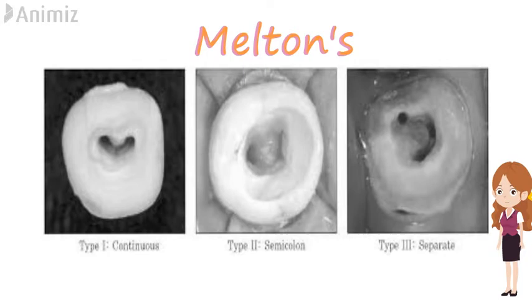Then comes subtype 2. In this also, the C-shaped canal orifice is in the coronal third of the root only. But the two or more discrete and separate canals join from the mid of the root and then join towards the apex. Then comes the third subtype. In this, the C-shaped canal divides at the coronal third of the root itself. So keep in mind these three subtypes also.